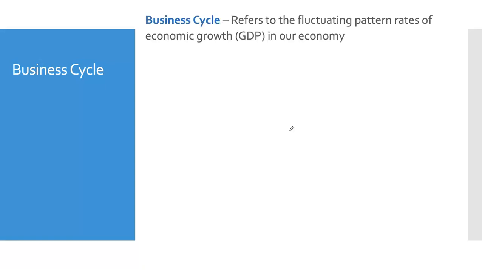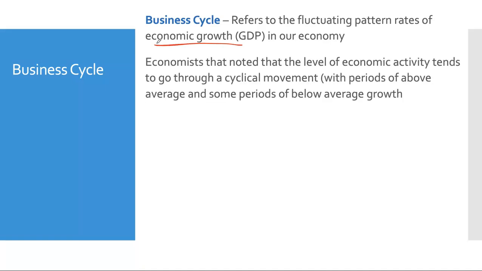So what is the business cycle? What are we talking about here? The business cycle refers to the fluctuating pattern of rates of economic growth in our economy. We understand our economy goes through different rates of growth. How do we measure growth in an economy? Gross domestic product. So economists have noted that the level of economic activity,